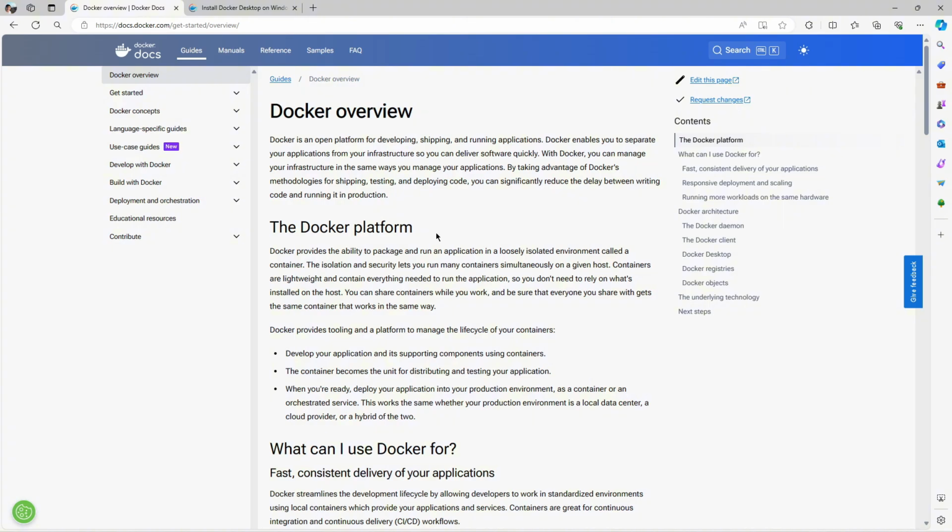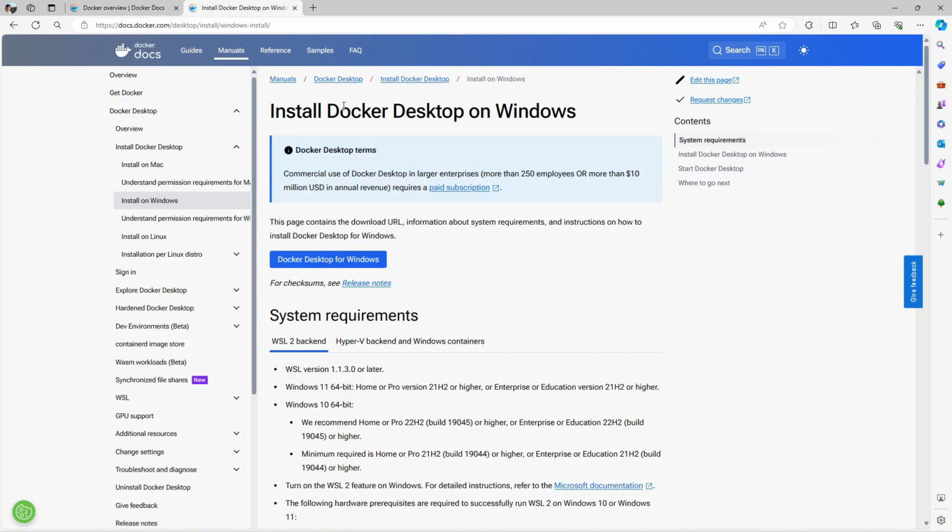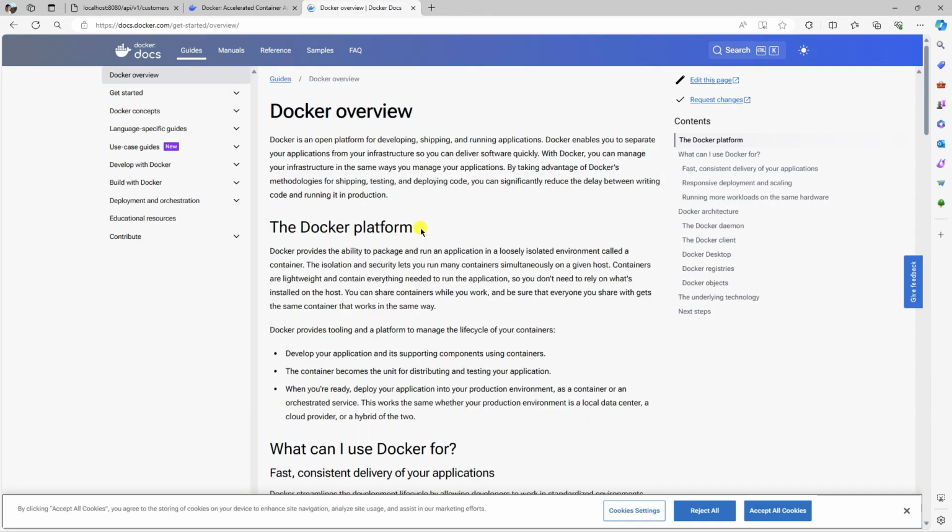And also Docker supports multiple platforms. You can run Docker on Windows, Linux or macOS. In case you want to download Docker, I am on the Install Docker Desktop on Windows page. And in here you can see Docker Desktop for Windows. Click on it and then it will automatically install for you. Let's see the short overview of it. If you want a course specific to Docker, just type a comment below on this video.